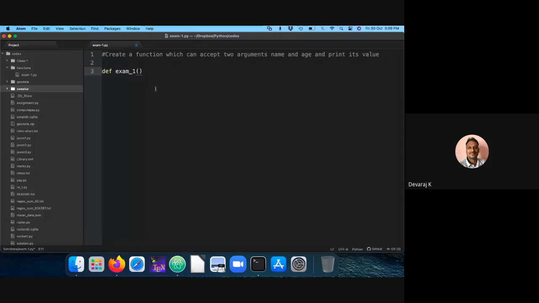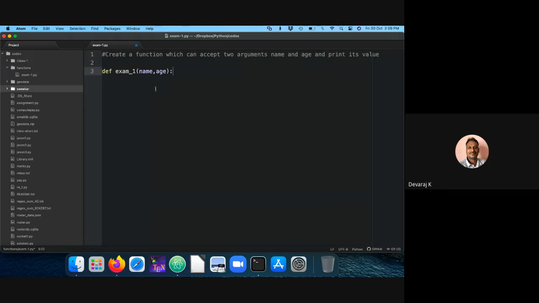I'm going to pass name and age. At the end of it, I need to put the colon. When I was telling you about the syntax, it has to start with def, the name of the function, then within the brackets I have to define the arguments, then it has to end with the colon.